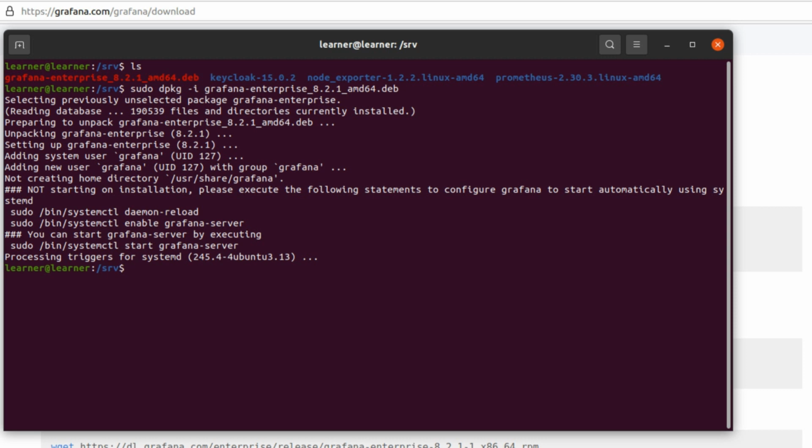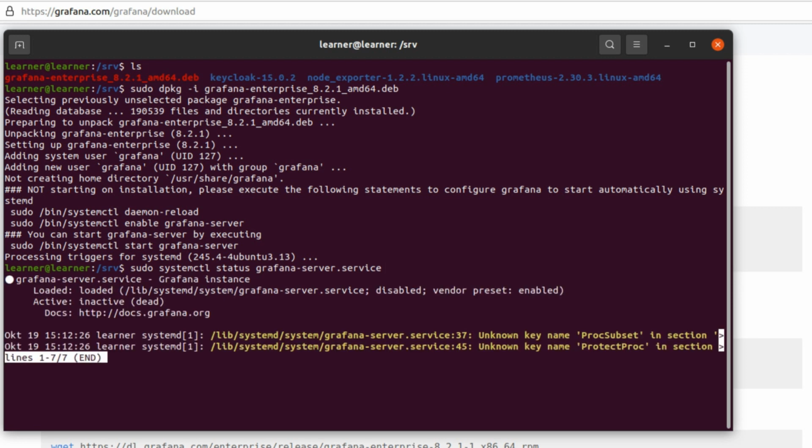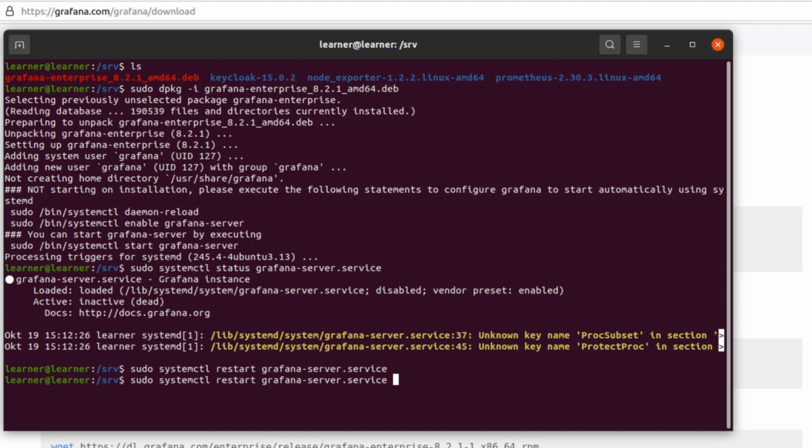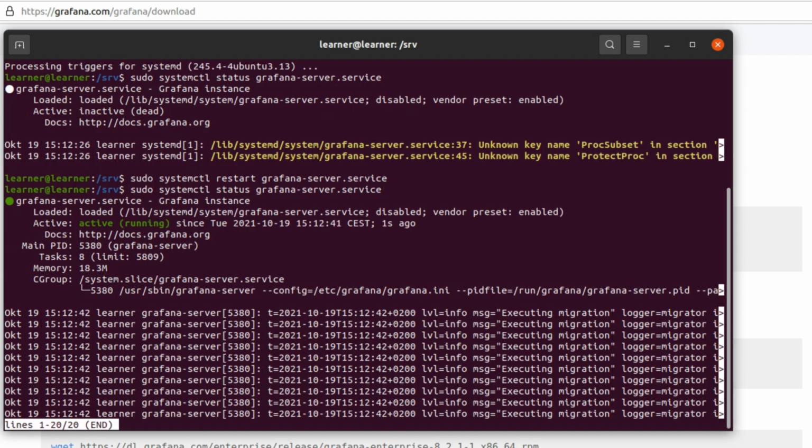So now if we check with sudo systemctl status Grafana, so Grafana is installed, but it is not running. If I restart Grafana, and one more time status, you see that Grafana is also running,